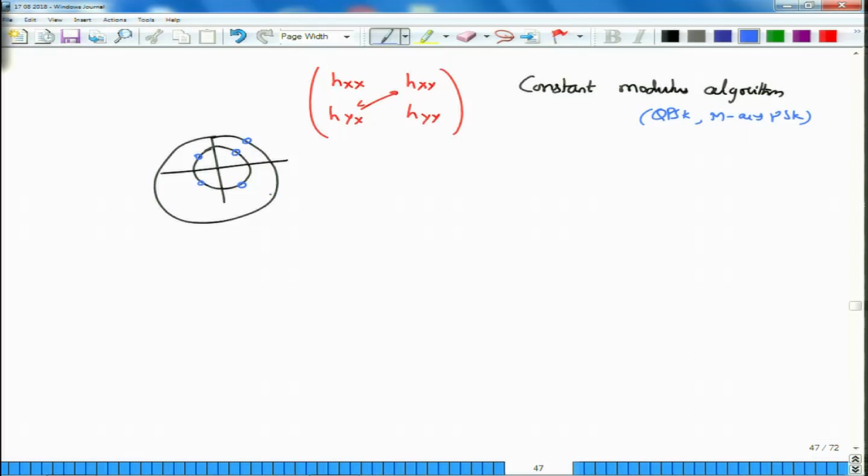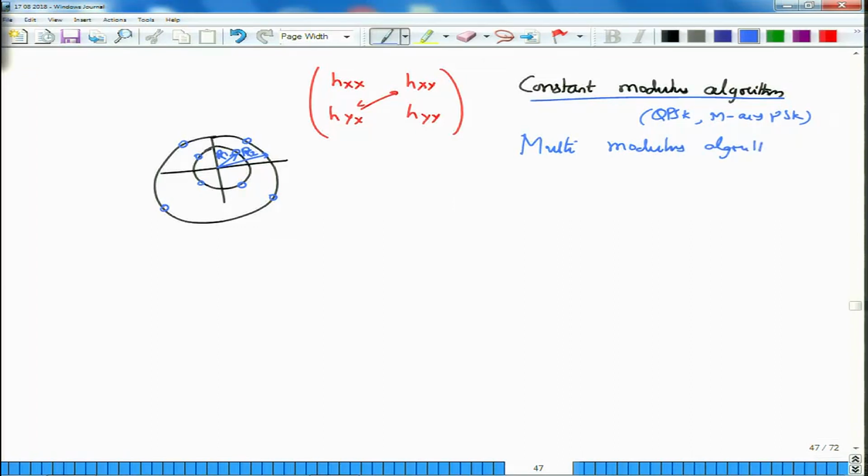So now you will have an additional amplitude factor. This is an example of a system in which the amplitude is changing. One amplitude value is this one with a radius r1, and the other one is a radius of r2. We will put capital R1 and capital R2 here, and R1 and R2 correspond to the amplitudes that we have, and within one amplitude you can use a constant modulus algorithm. That is, the amplitude is going to be constant in a single ring, but unfortunately when you use more than one amplitude, you can't use a constant modulus algorithm, but you have to modify it, called the multi-modulus algorithm.